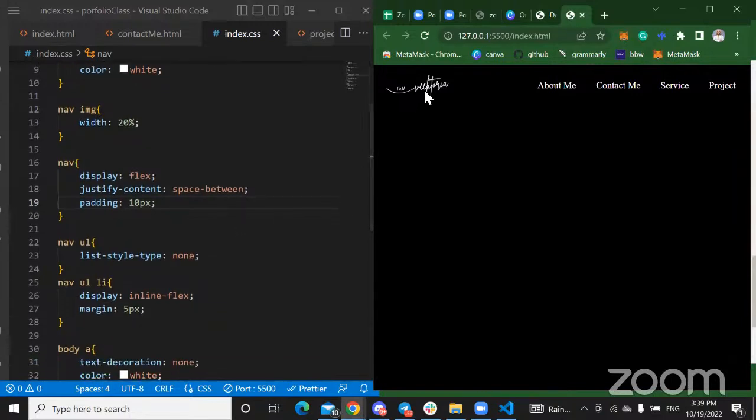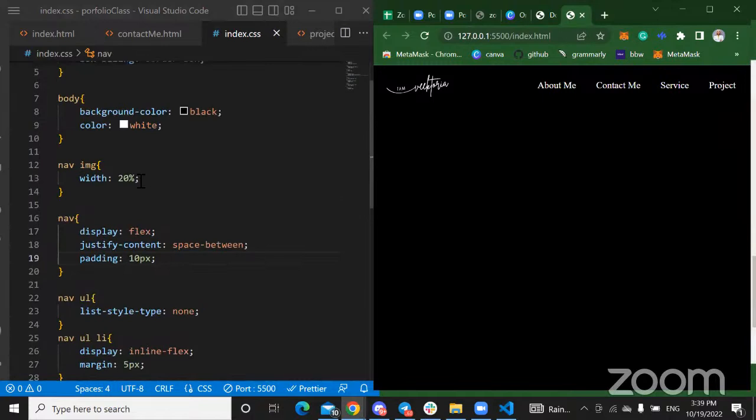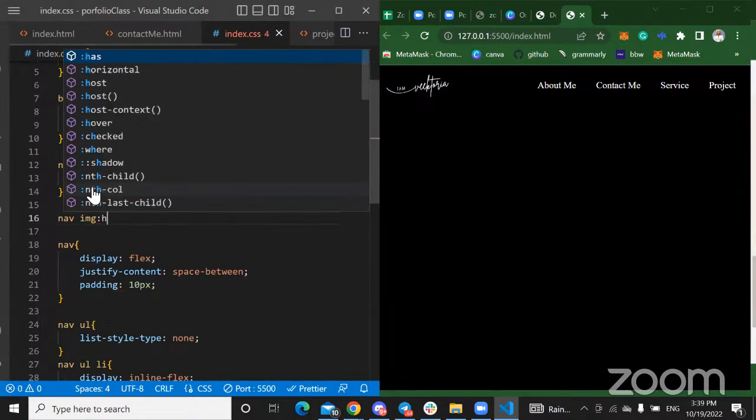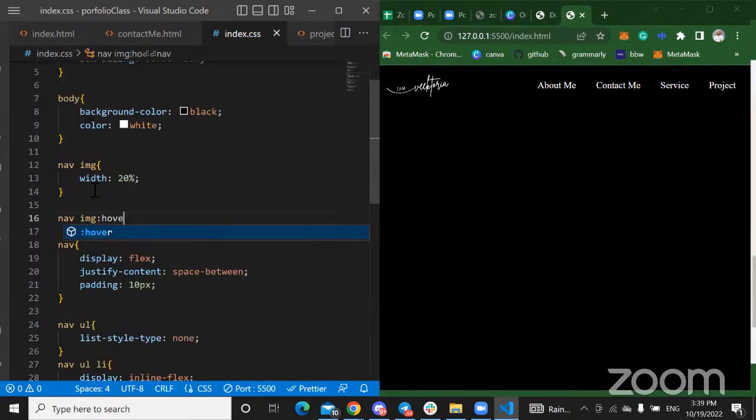So I want it to be that when I hover on this, it actually increases in size. So we know we have a width of 20 pixels, so we can make it bigger than 20% when we hover on it. So nav image, we're just going to use the